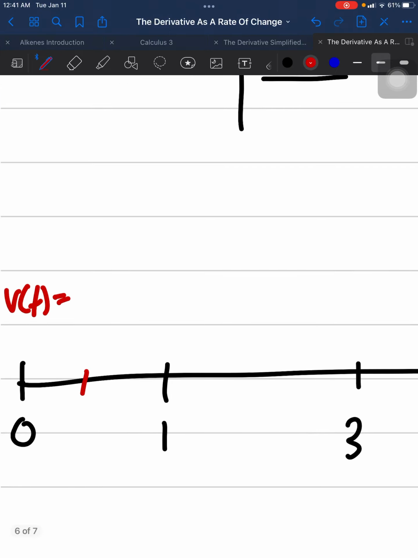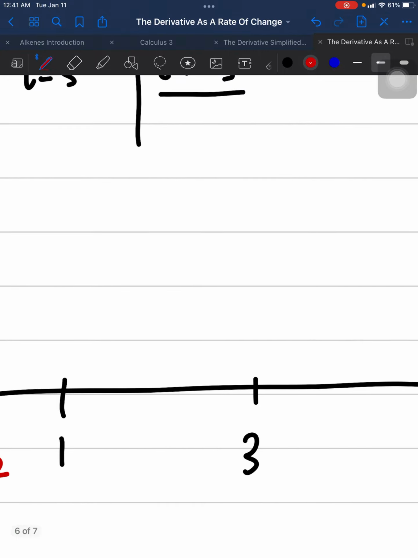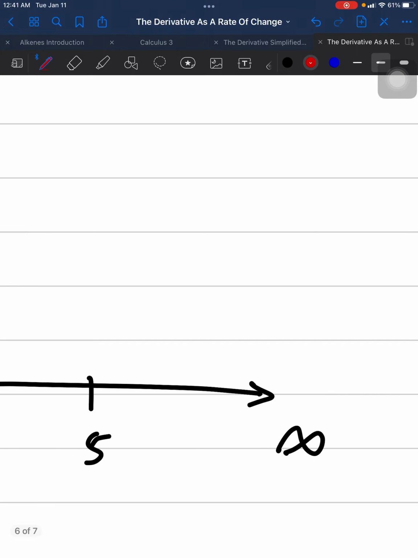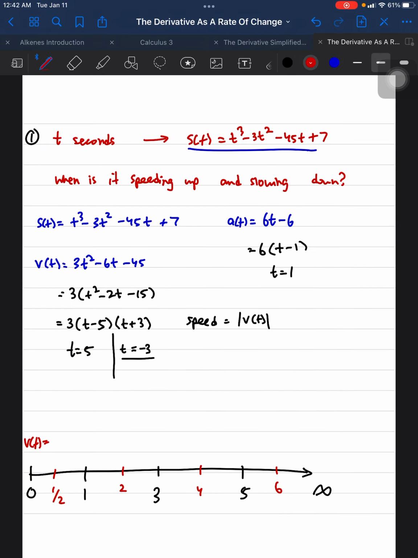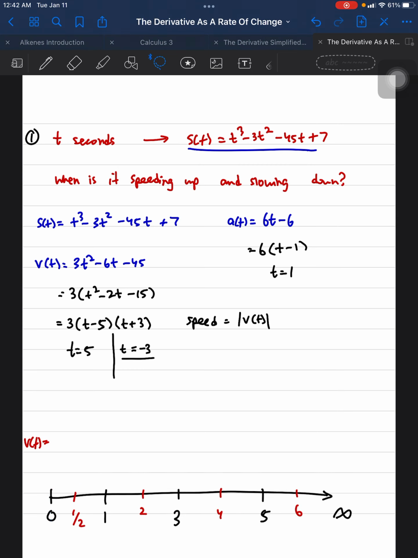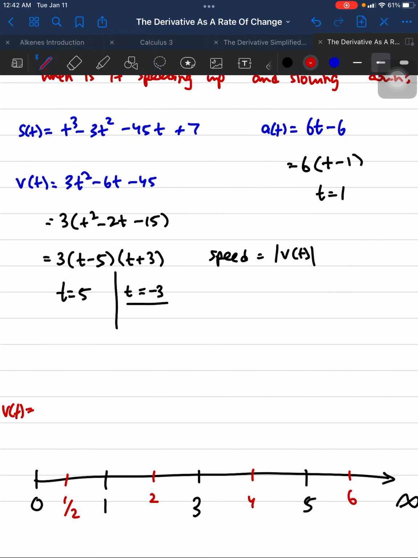In between 0 and 1, a value we can pick is 1/2. In between 1 and 3, a value we can pick is 2. In between 3 and 5, a value we can pick is 4. And in between 5 and infinity, we can pick any value, so we're just going to pick a simple one, which is 6. So we have to evaluate the velocity function at each of these points, and all we really need is the sign to determine if it's speeding up, and we just need the sign so we can compare it to the acceleration function. So when we plug in 1/2 for the velocity function,